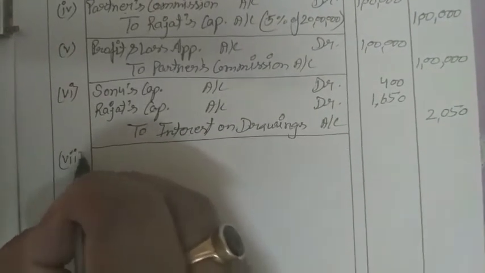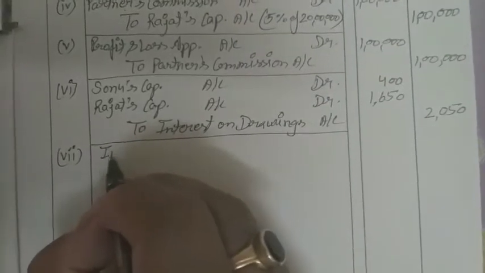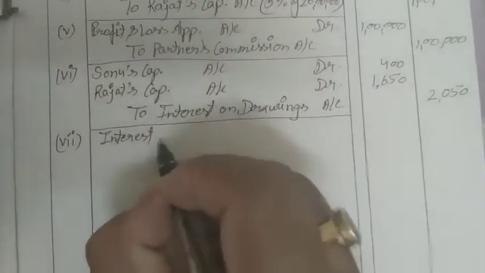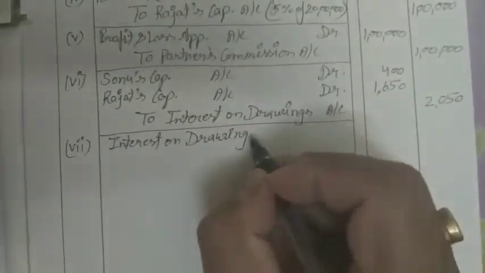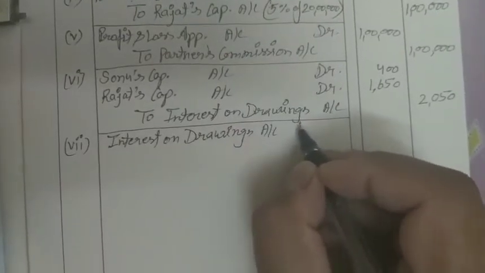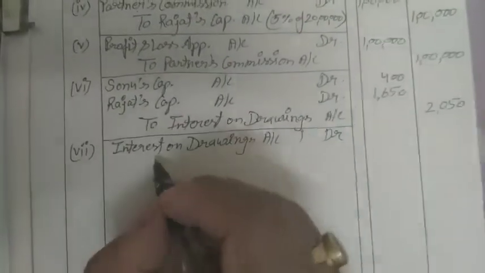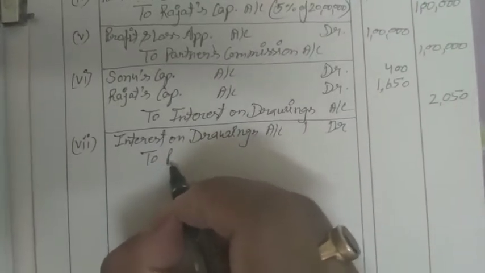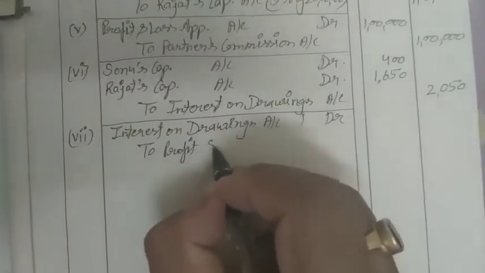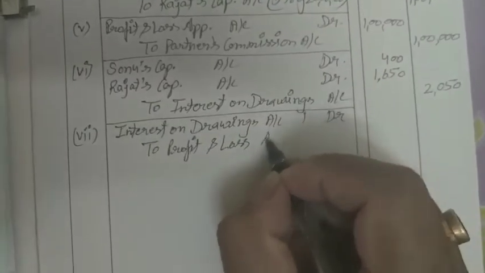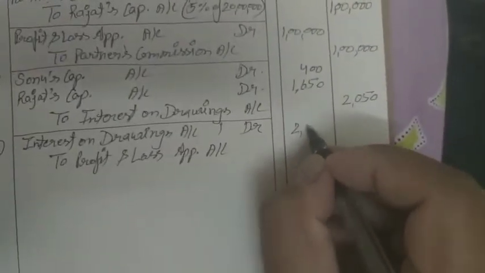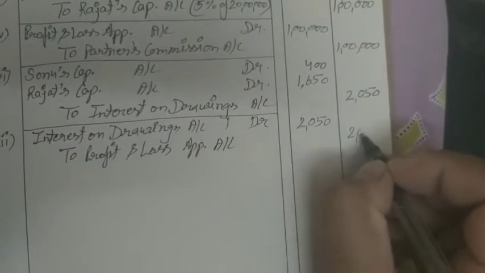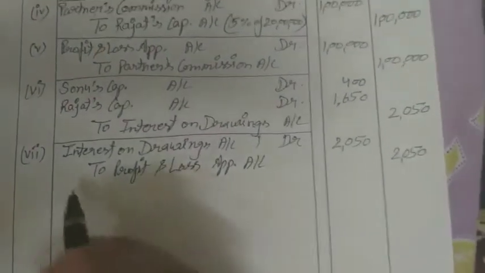profit and loss appropriations account. So interest on drawing account debit, to profit and loss appropriations account. The amount is 2,050 rupees and 2,050 rupees. Okay, now